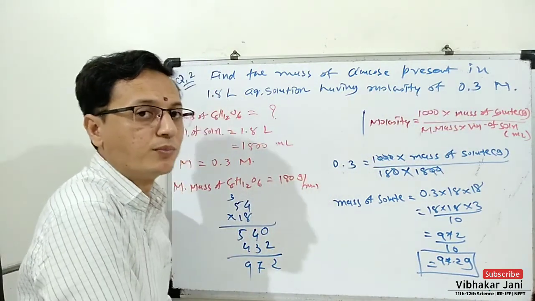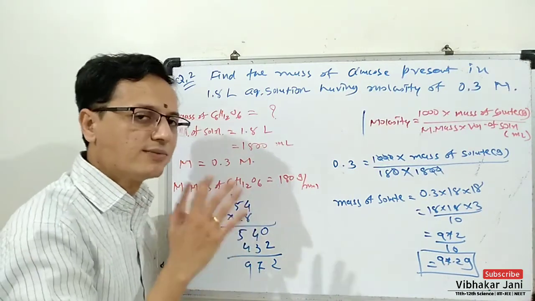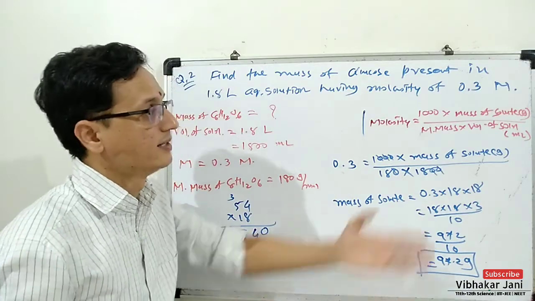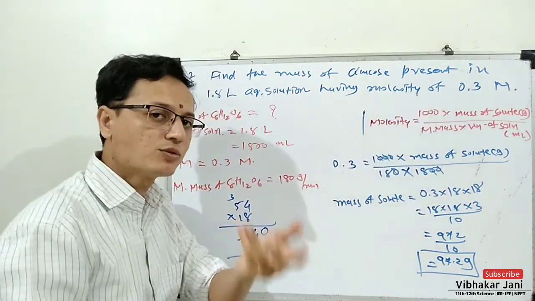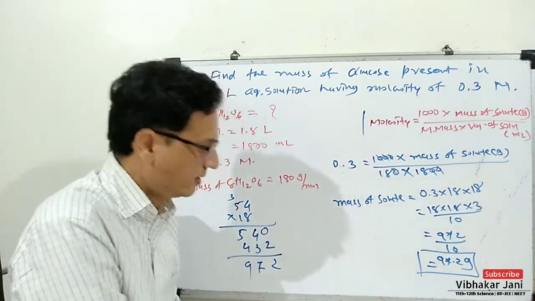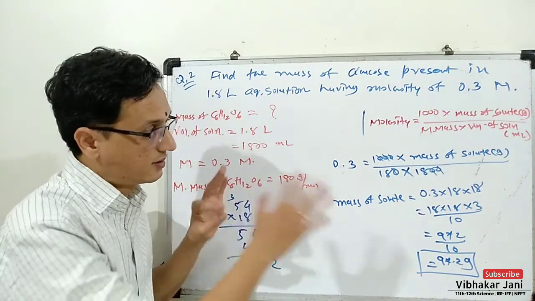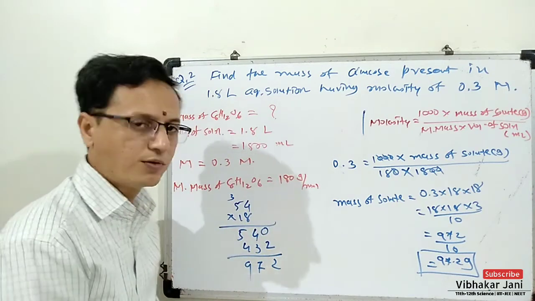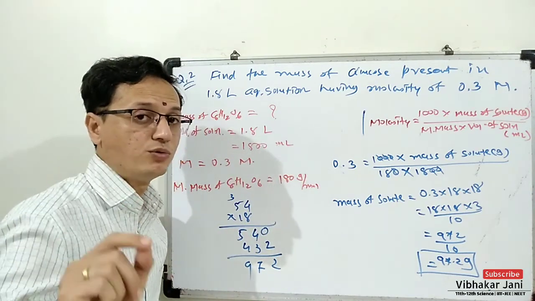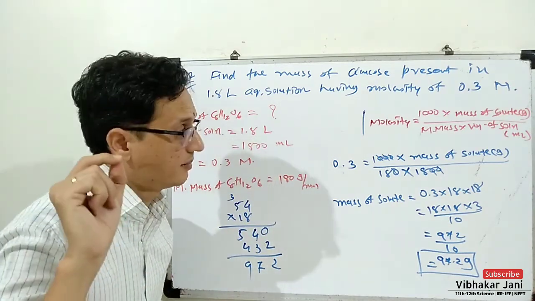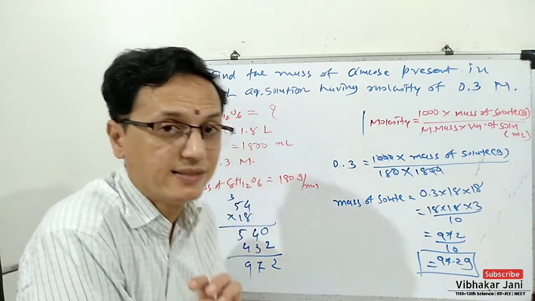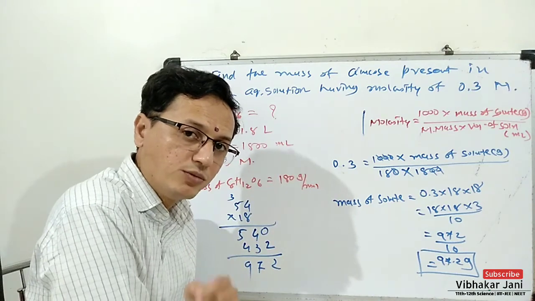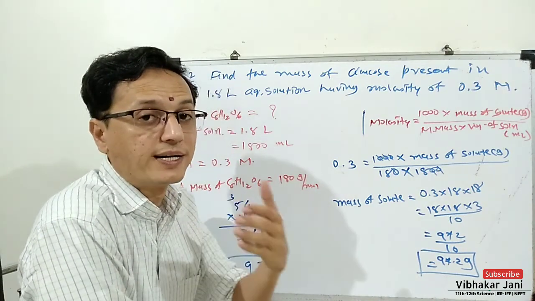volume of 1.8 liter. So this is very simple formula. Sometimes you are asked to find molarity, sometimes you are asked to find the mass of solute as well. So it is very simple to find out such kind of things by using this formula. Okay, just write down this formula and you have to do a little more practice about molarity and the numericals associated with it. And for that you must have some kind of practice books.